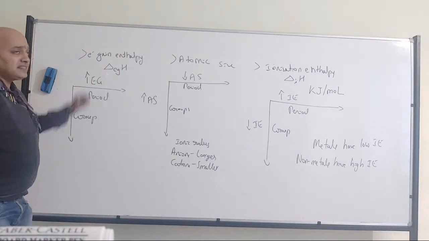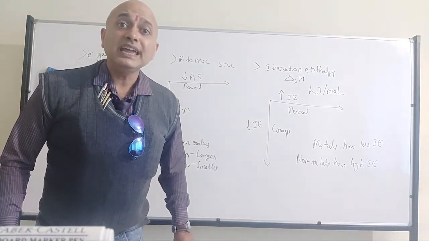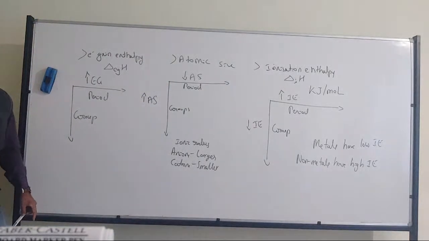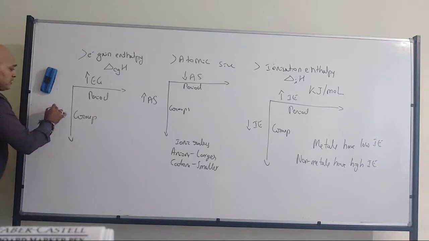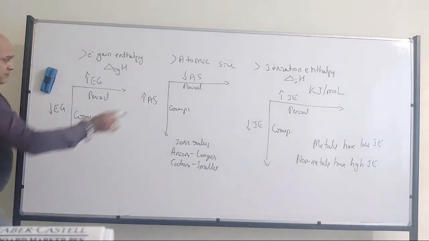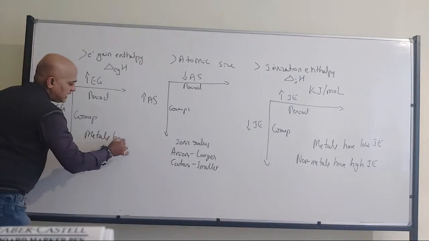So electron gain enthalpy, except for inert gases, all the elements show a negative value. But ionization enthalpy is a positive value everywhere. Okay? So that's why electron gain enthalpy is going to increase across the period and it's going to decrease down the group. So therefore, in the same way I can tell that metals have